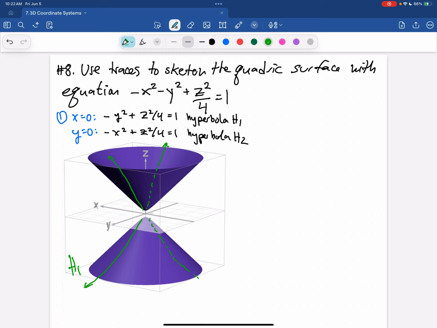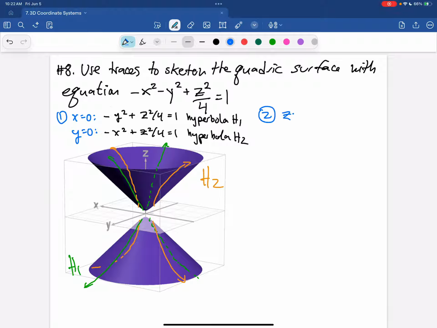And then h2, let's use orange, I guess. That one will be the one on the xz plane, so it's reaching outwards like that. Okay, so there we go. Now, the thing that actually changes between the hyperboloid of one sheet and two sheets is something that we see